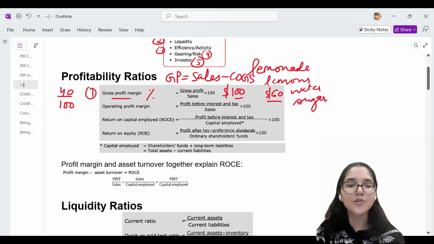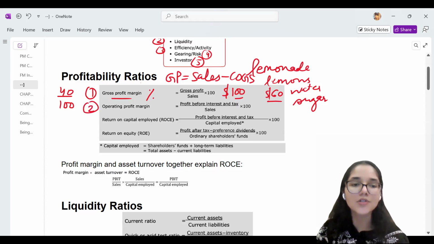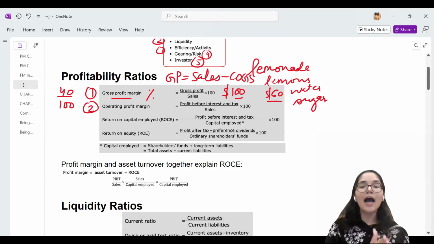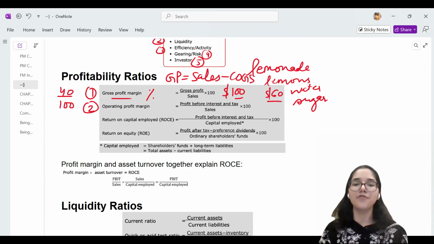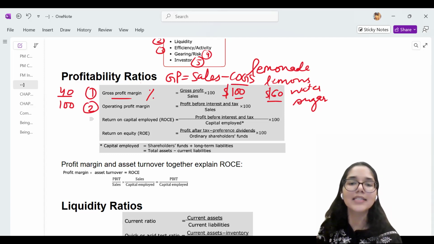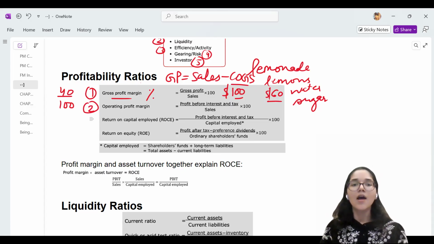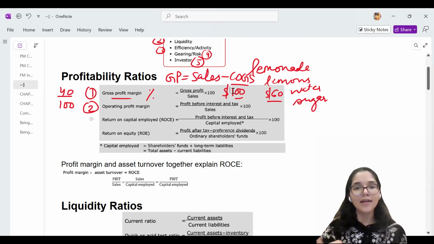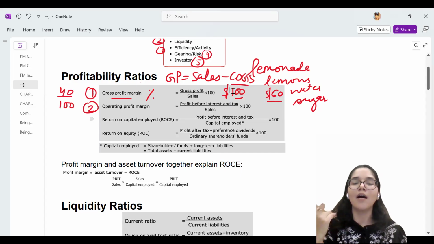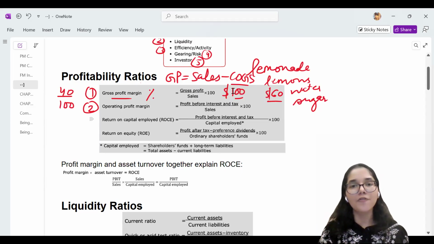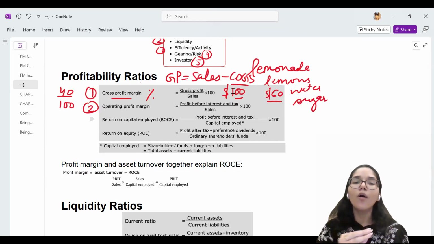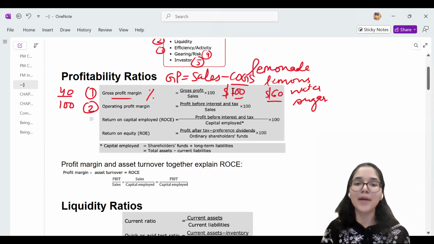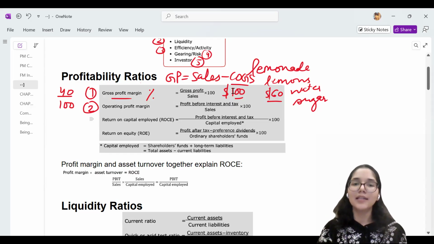Then the second ratio is your operating profit margin. So here we are measuring that after subtracting all sorts of expenses. Till here I had only subtracted the direct expenses. But businesses also incur indirect expenses like rent, like depreciation, like the admin office, the admin staff, the electricity of the admin office. So once I take away literally everything that has been spent over the business, what is the money that I am left with?